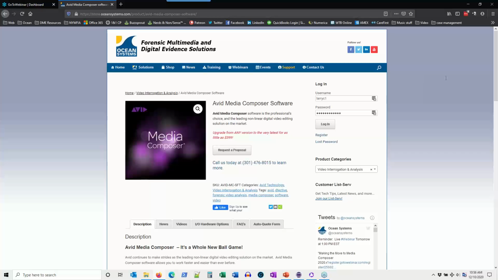I see a question about, can we make a step-by-step instruction guide for converting to Media Composer 2020? I will be posting more in our FAQs about the migration. I may even share the slides from this presentation. I'm not sure. I have to evaluate that afterwards. But